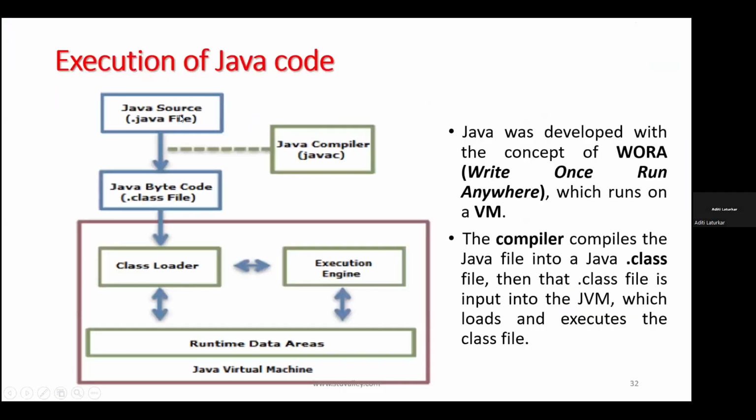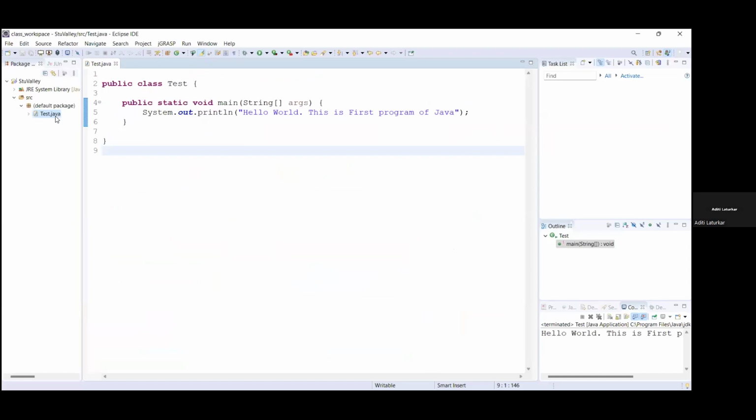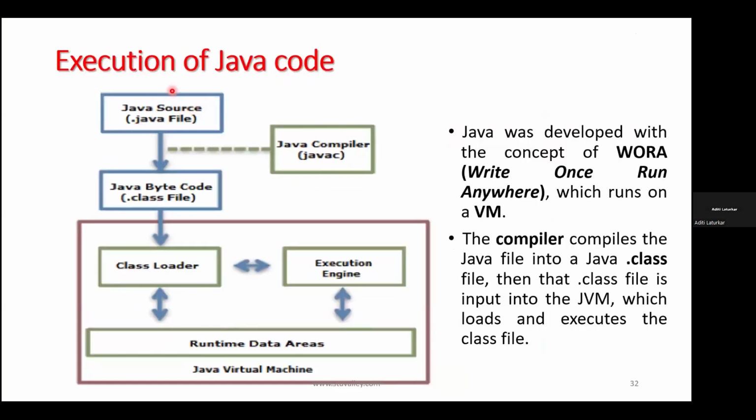So whenever you are creating any class in a Java program or Java project, okay, whenever you have created this Java class, this file is stored as .java. The extension of this file is .java. Okay, that means it is identified as a Java source file. So this is known as the Java source file. Whenever you have written this Java source file and we have executed it as run as a Java application, then